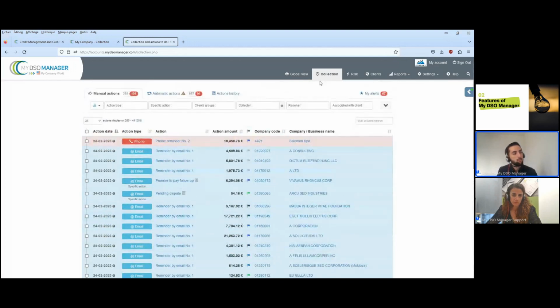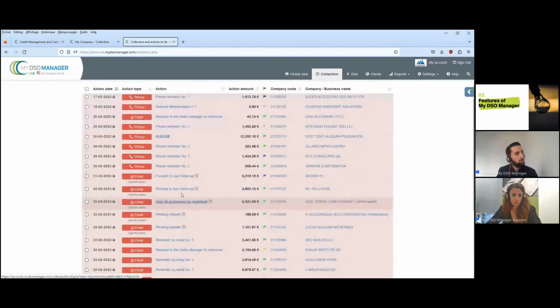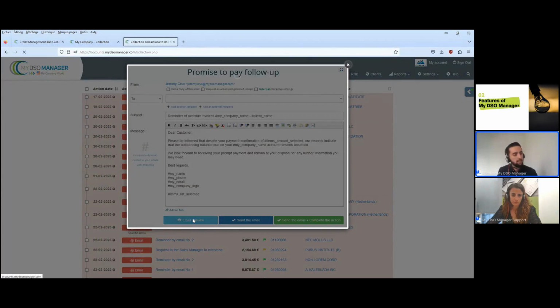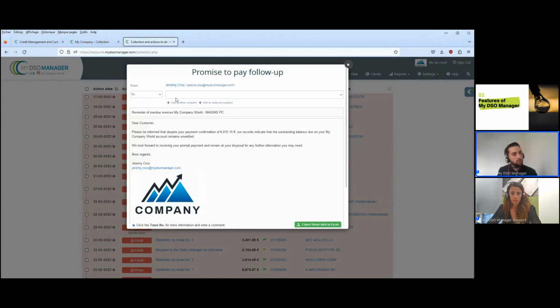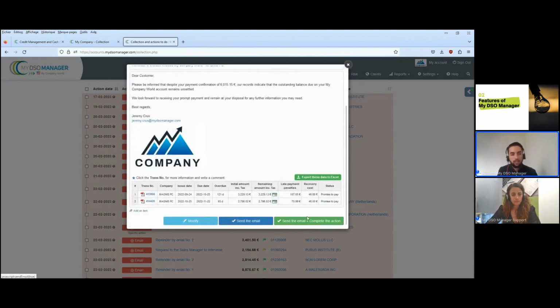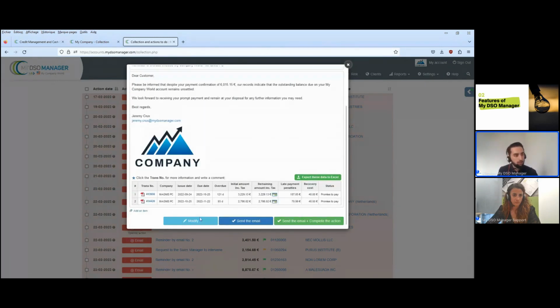In this collection tab, we have 2 subtabs. The manual actions that are semi-automatic and they are automatically generated, such as this one. It's automatically generated, and if you view it, this is what the customer will receive. But they need a manual validation to be sent. You have to select the contact and send the email. This will allow you to personalize the email if you know the accountant, for example, and to control if the